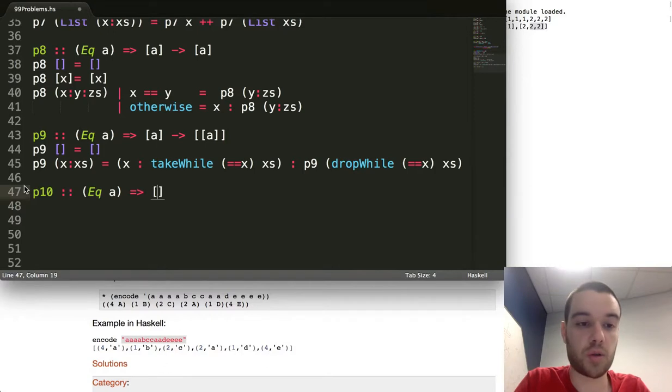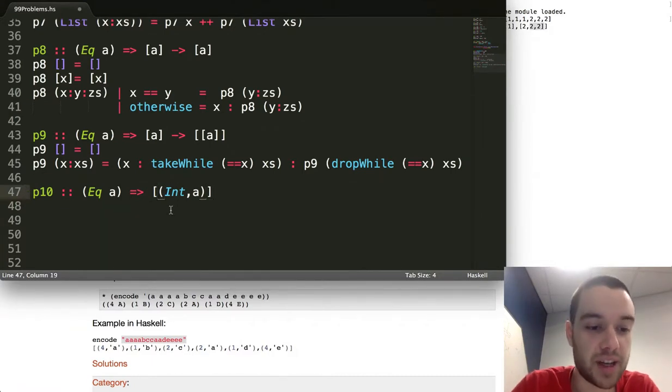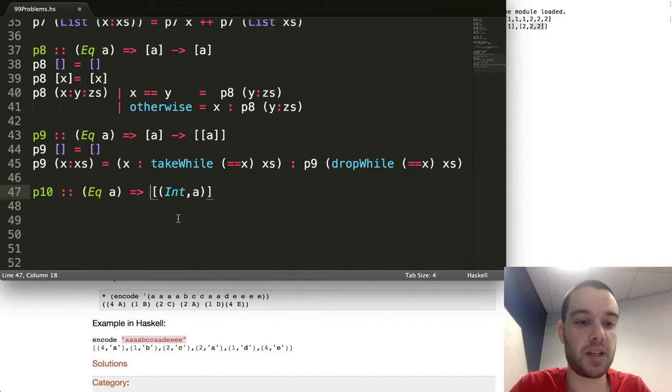So that's what we want. So that's where it's going to evaluate to. But before that, we need